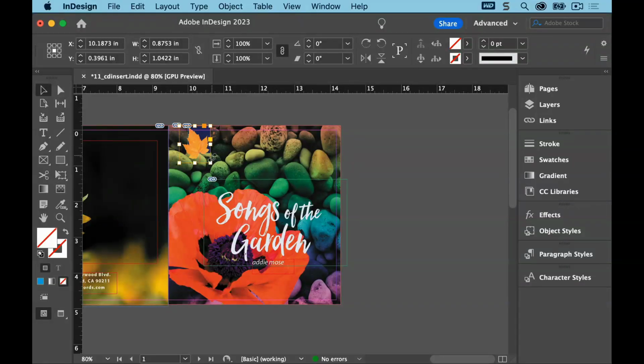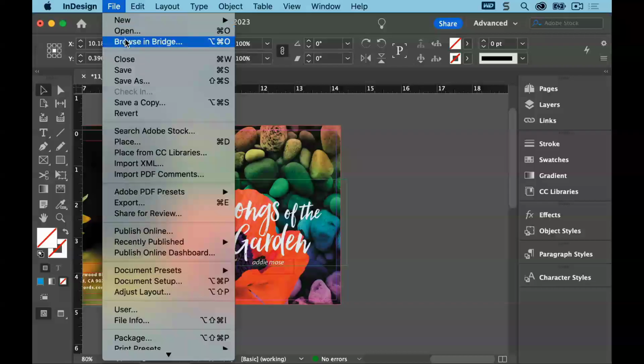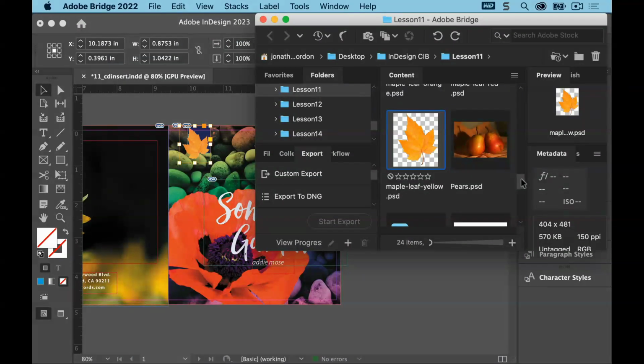A very useful feature of dragging photos from Bridge is that you can quickly change pictures in a frame while seeing the new image in Bridge and then the result in InDesign. This technique is very useful in projects where the layout repeats but you need to import different pictures. You'll try this now. With the yellow maple leaf still selected, bring the Bridge window to the front again if needed and choose the file